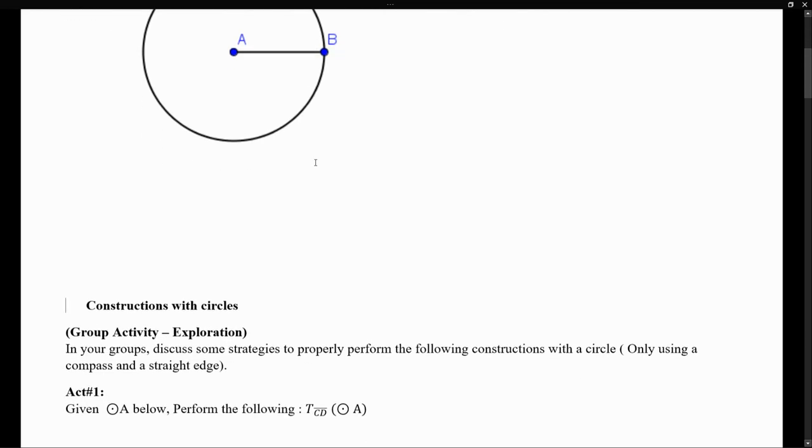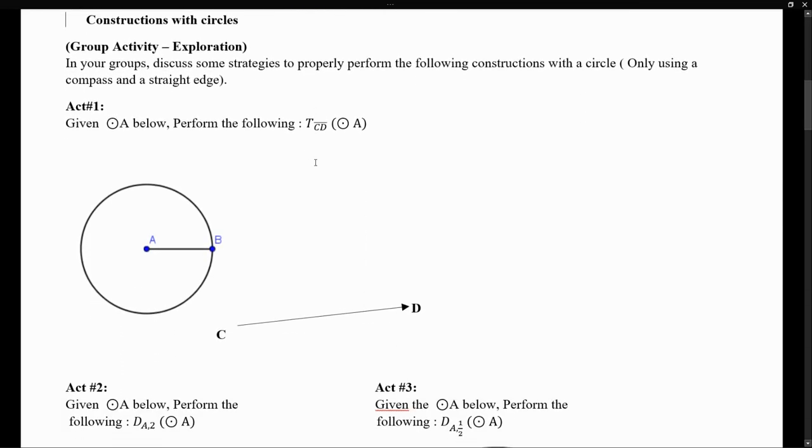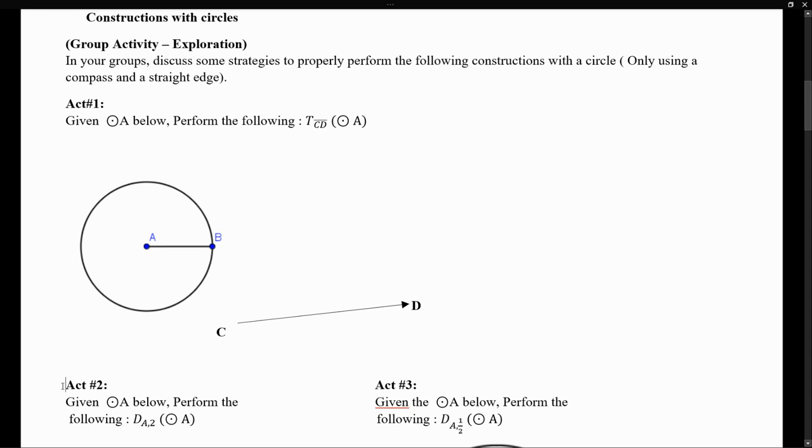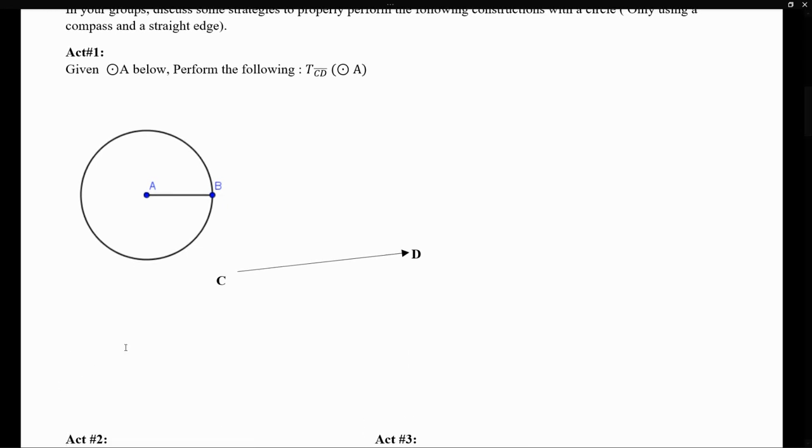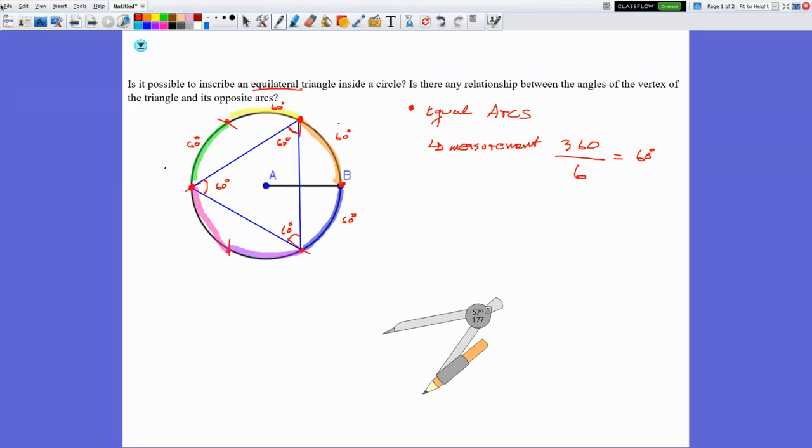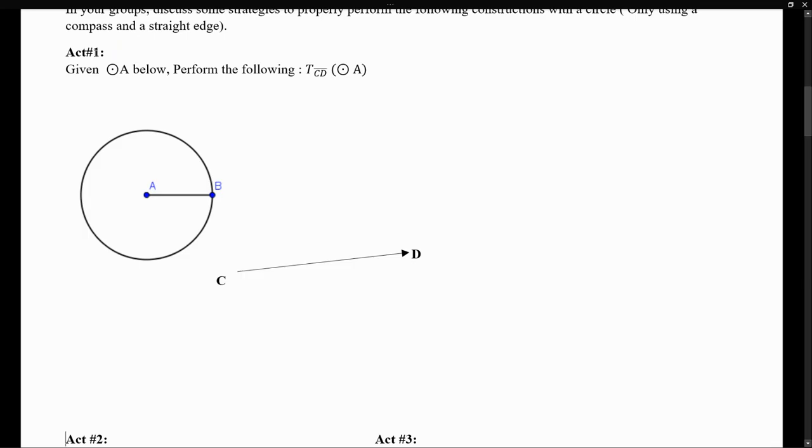But now, how do we actually perform constructions? Because notice that in the past we have talked about certain transformations. We have talked about the transformation of translation, reflection, dilation, and rotation. But how can we perform all those transformations with a circle? So let's just do one of those different transformations, and we'll talk about the main idea so you can actually perform the rest of the transformations yourselves. So now looking at example or activity number 1,